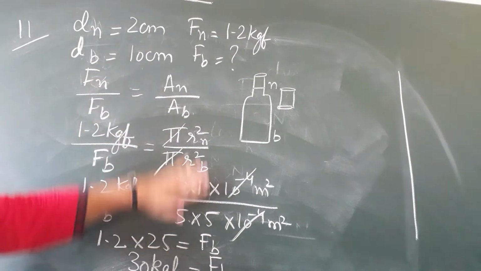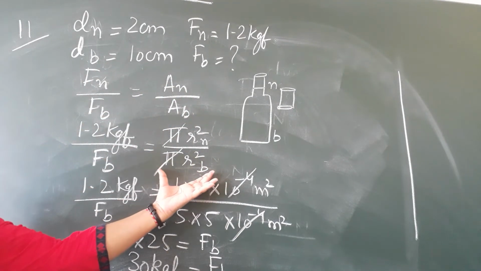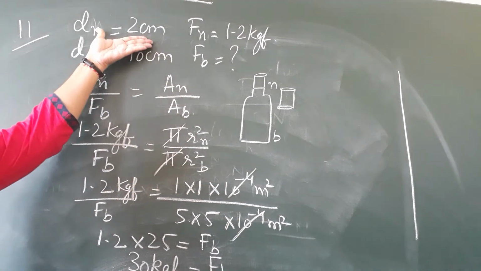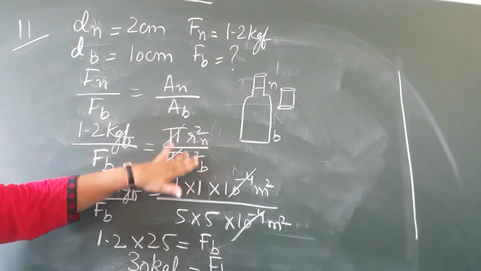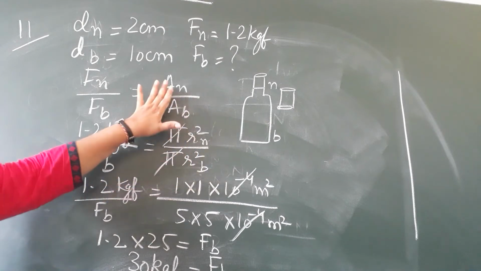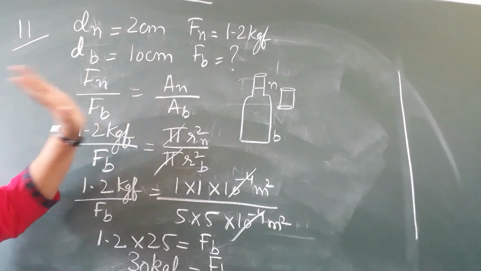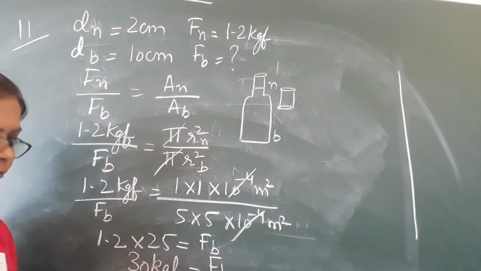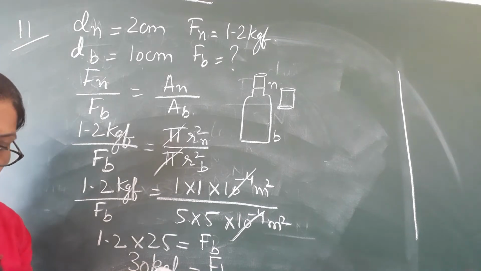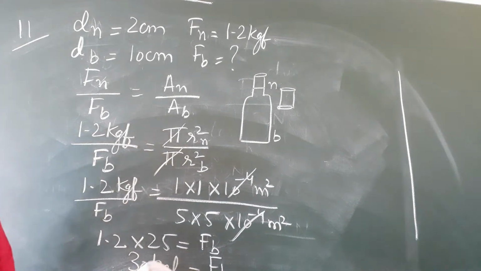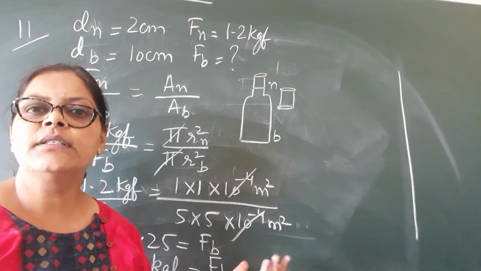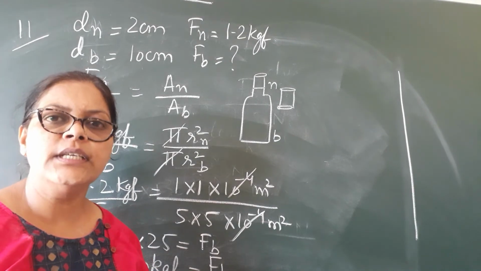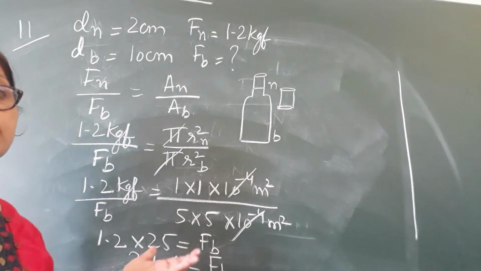This is the way. You have to be a little more careful with this part, because the diameter is given, you are going to use the radius, that is you are going to halve it, and plus you will use the formula pi r square. The area is not directly mentioned in this question. So you have to be a little more careful in solving this numerical problem. And this has also got a second part, which is a theory part: name the law or the principle used. You all know the principle used is the principle of hydraulic machines, and the law used is Pascal's law.